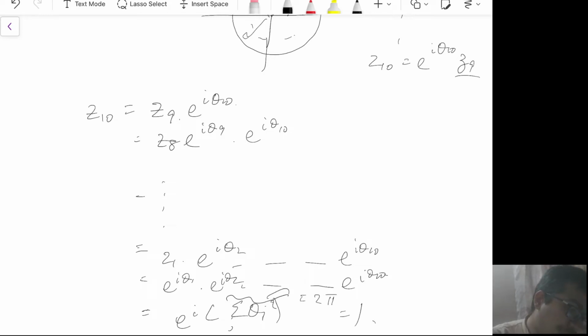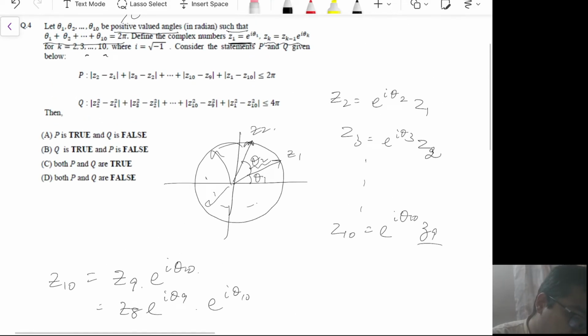So this is going to be 1. So Z10 is going to lie at 1. So Z10 we know is 1. Okay, so we are given now 10 points on this circle, and now we are given two statements P and